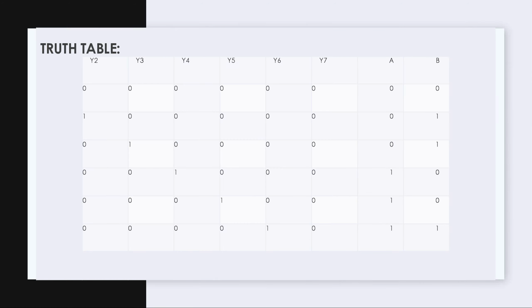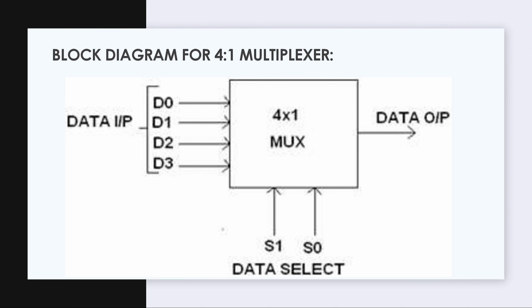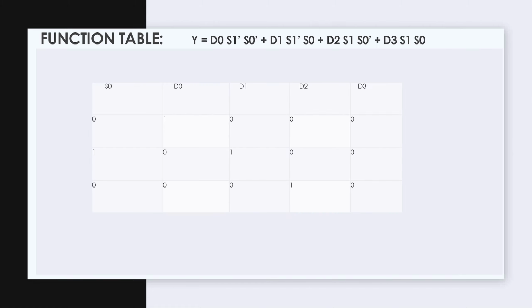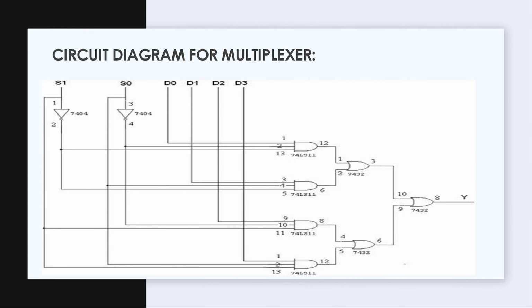This is the truth table for a multiplexer, and this is a block diagram of a 4 into 1 multiplexer, and this is a function table of a multiplexer, and this is the circuit diagram of a multiplexer. Now we'll move on to the next topic,